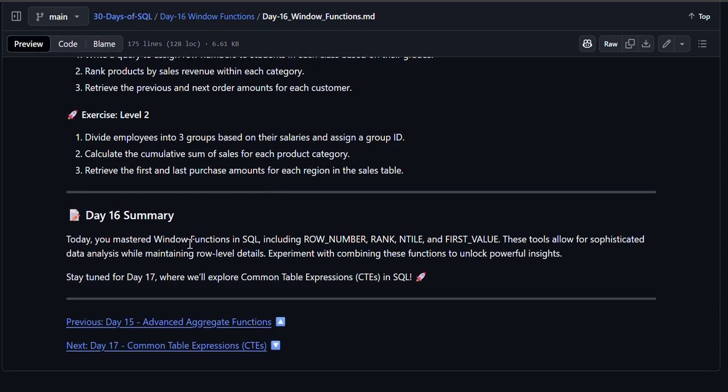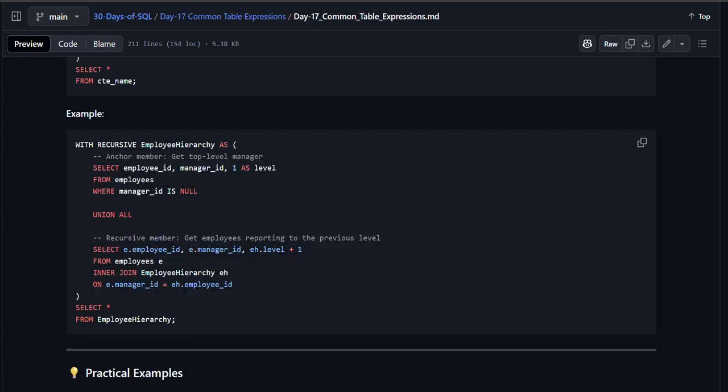And then this basically goes over window functions in SQL, including ROW_NUMBER, RANK, NTILE, and FIRST_VALUE. These tools allow for sophisticated analysis while maintaining row-level details. Experiment with combining these functions to unlock powerful insights, and then we can explore common table expressions, which we'll go